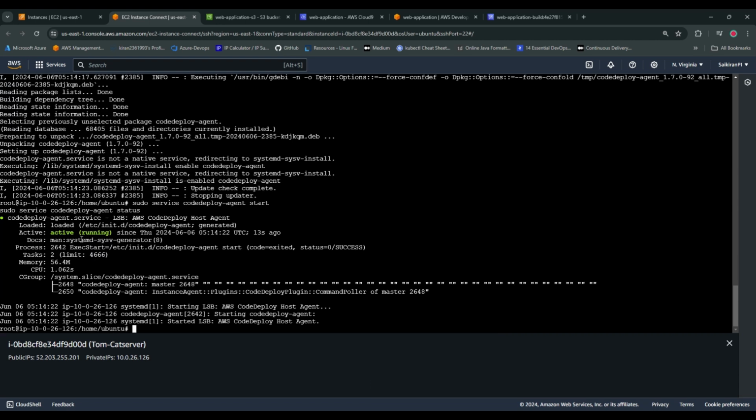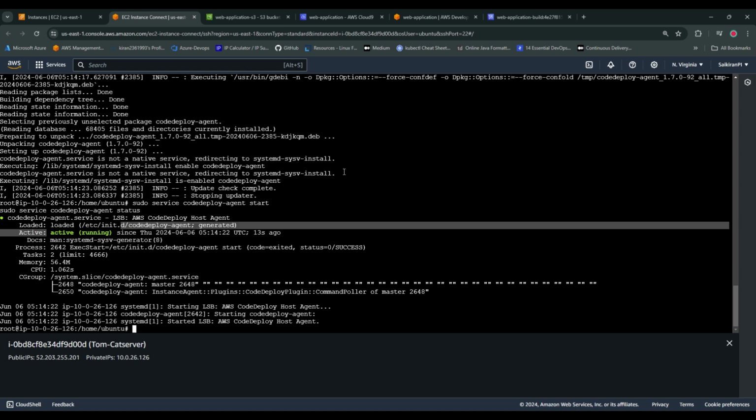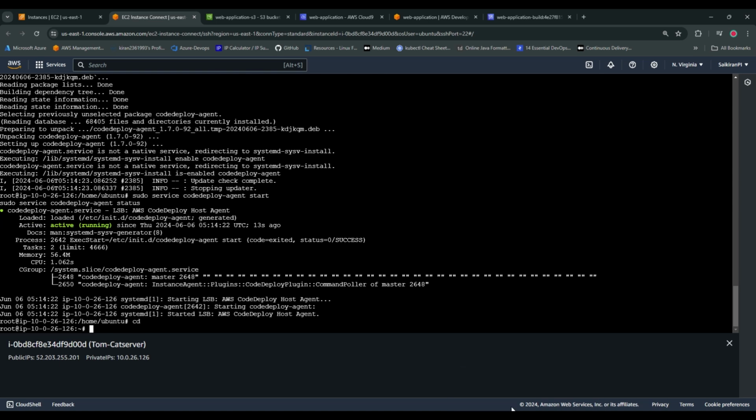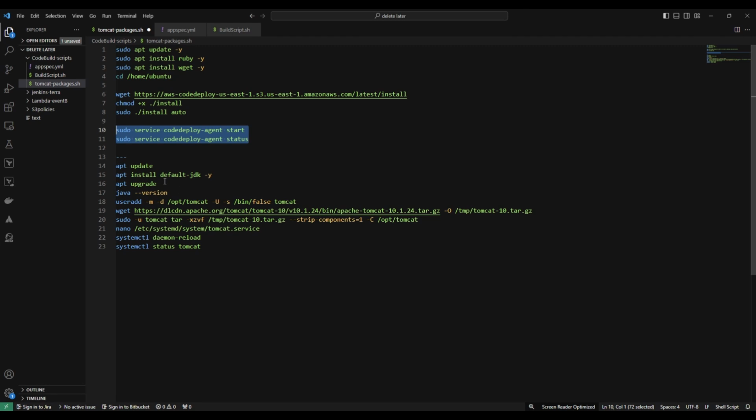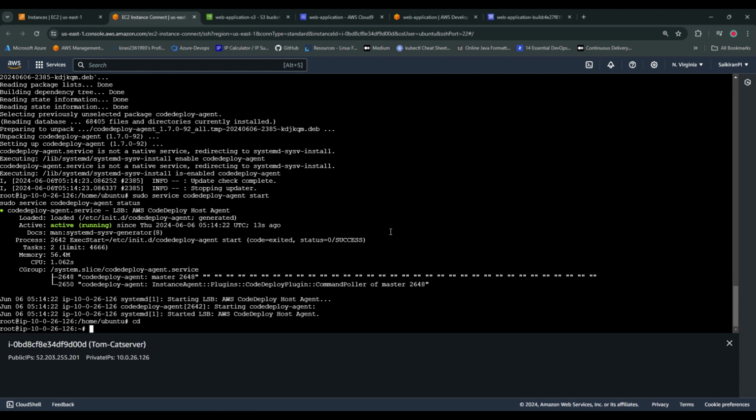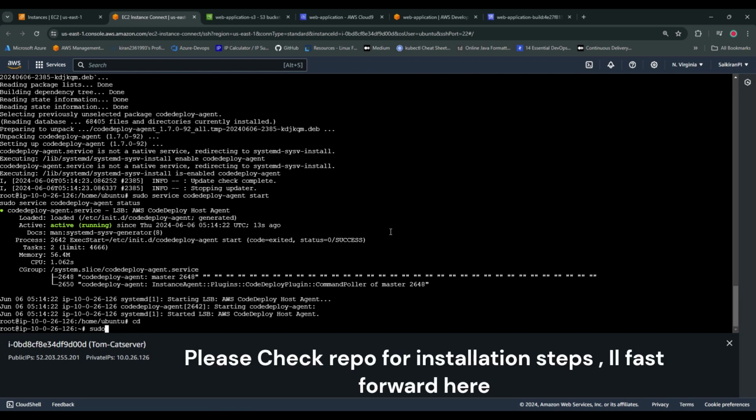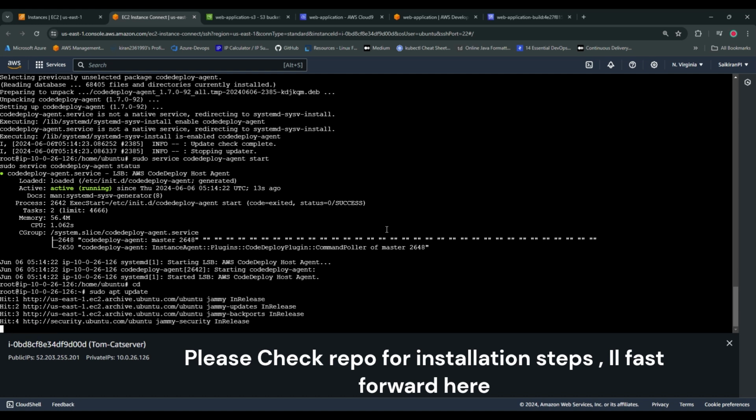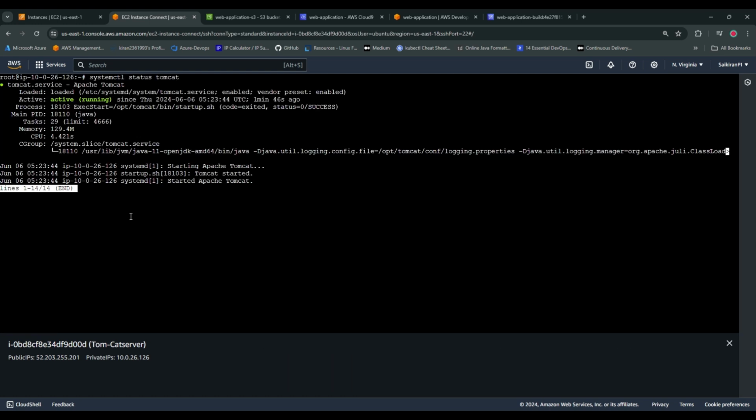If you watch here carefully, our agent is active and running, right? Now let's install the Tomcat server. Come back here, sudo apt update, and then apt install JDK. Okay, it's active, up and running, right? So once this part is done,